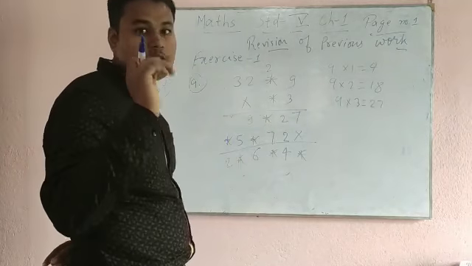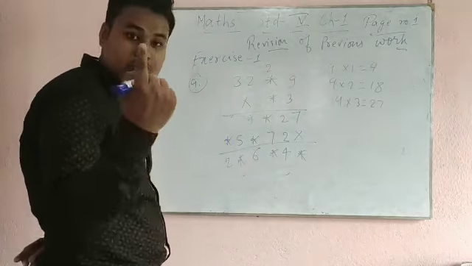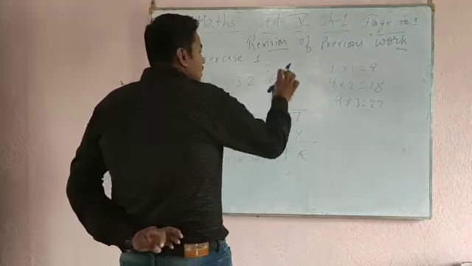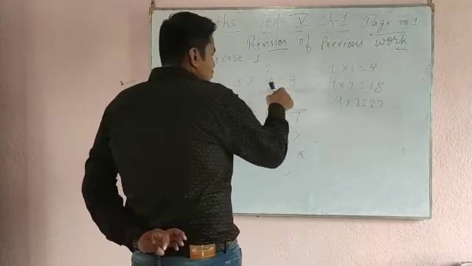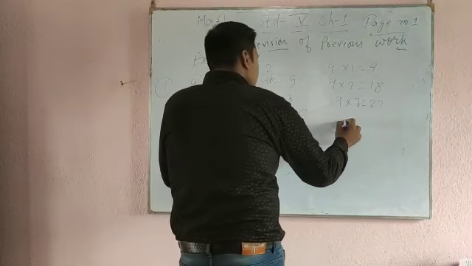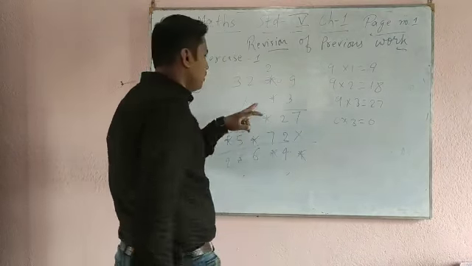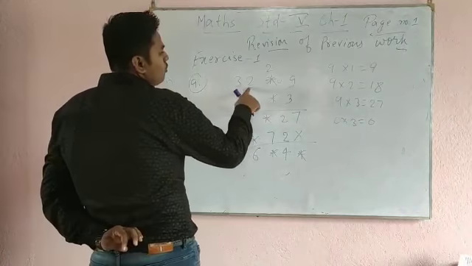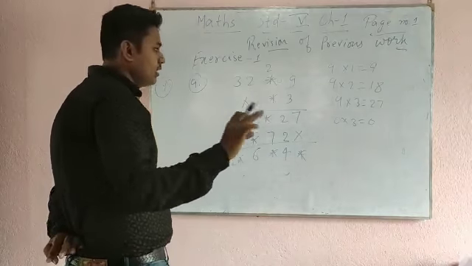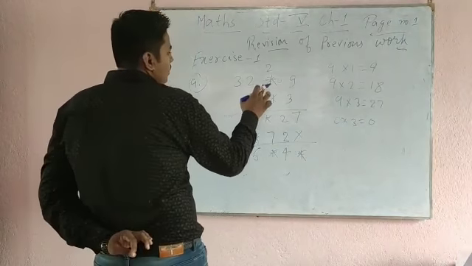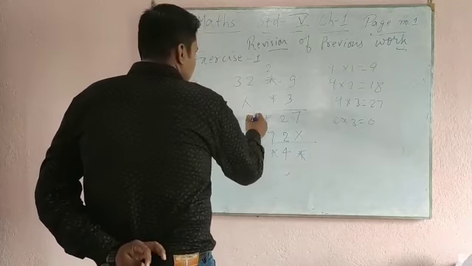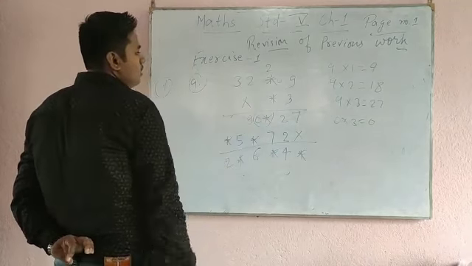See, I have taken from 1 to 9, but I have not taken one more important thing, 0. So see, when you multiply 0 into 3, what will come? 0 into 3 is 0, and plus 2. So 2 came. Understood? Now there is no carry here. So 2 into 3 is 6. Yes, 6 will come. And 3 into 3 is 9.